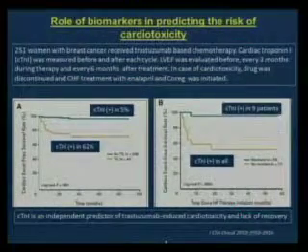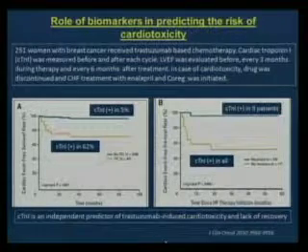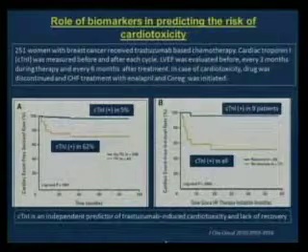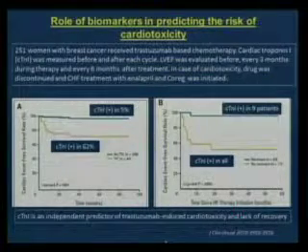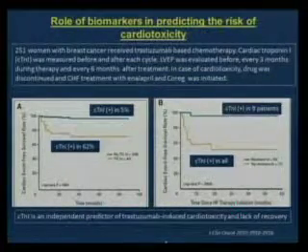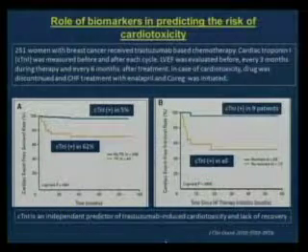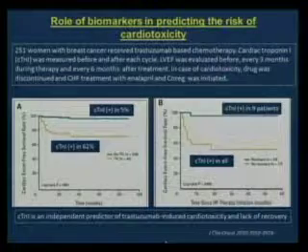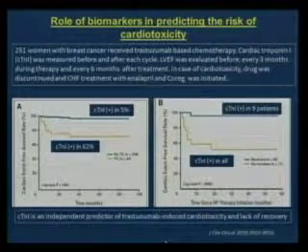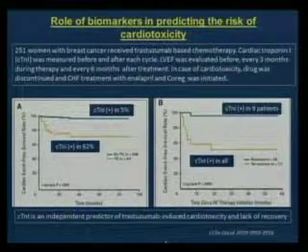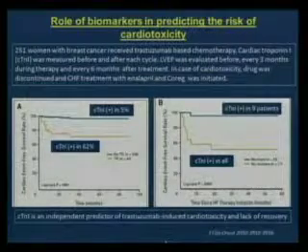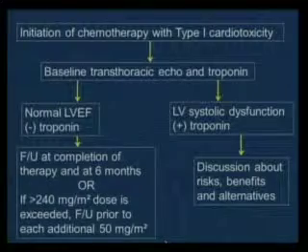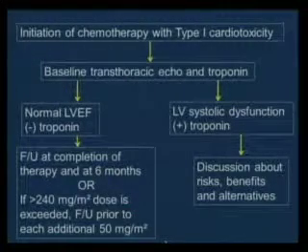So what does it tell you? If you use this, not only can you predict who's going to be at risk of cardiotoxicity, but you can also predict who's more likely to respond. So that is one advantage of using a non-invasive biomarker, for example, in this study. If they are positive to begin with, they're more likely to have toxicity and more likely not to respond to medical therapy. So you can risk stratify some of these patients. It's very important. So based on these trials and some small trials and all that,